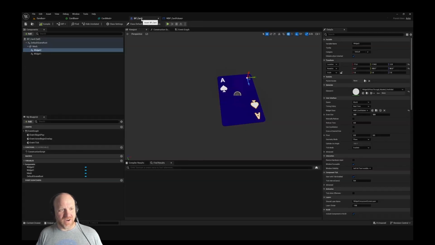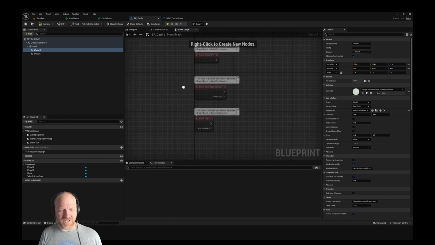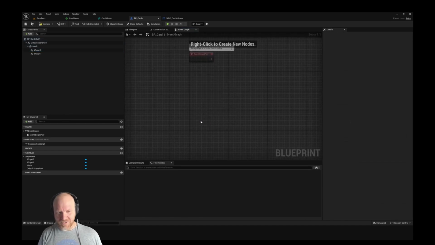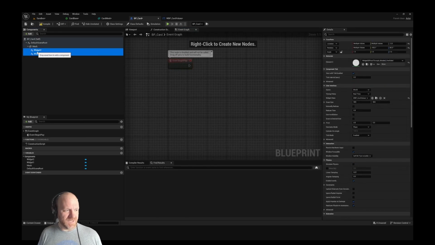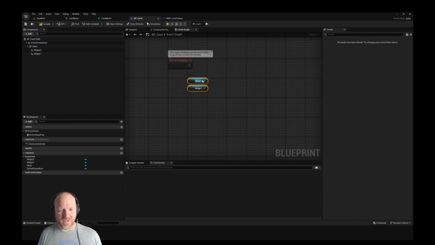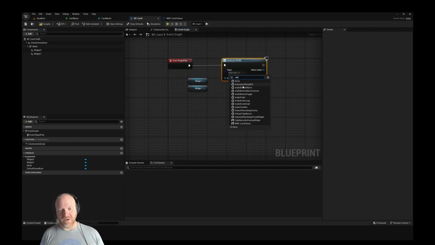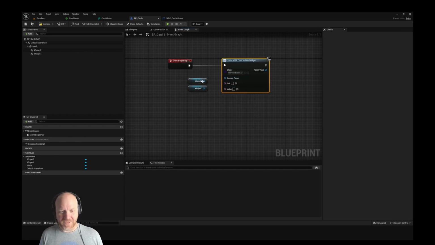This is actually where I had a little bit of the issue, because it was hard for me to figure out how to change these values during runtime. So I'm going to delete this. Let's grab both of these, pull them in here. And then I want to create widget, and this is going to be my card values widget. And then look at this. Now I have access to those values. So I can actually set them